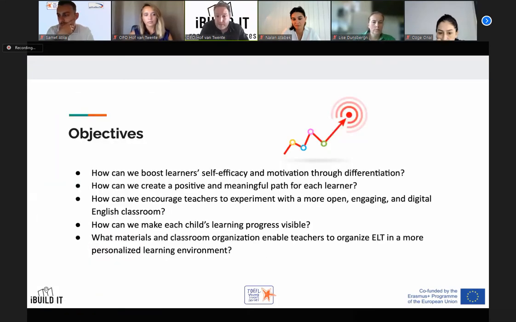The objectives. What was really important is how can we boost learners' self-efficacy and motivation through differentiation? Is it true that if we match the learning environment more to the individual needs of the children, that their learning goes faster, that they like it more, that they have more fun in English, and maybe even that their results will go up? How can we create a positive and meaningful path for each learner?